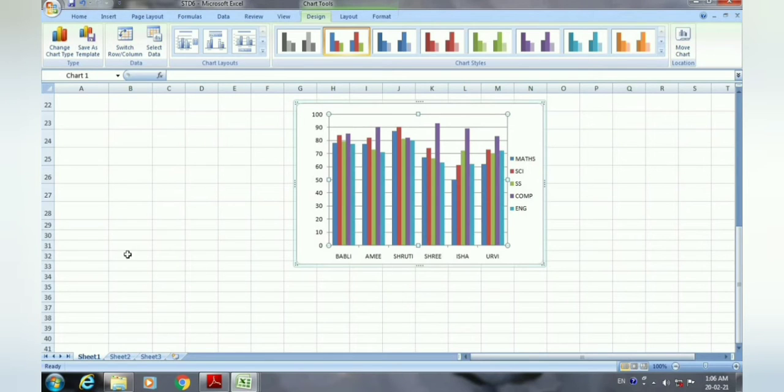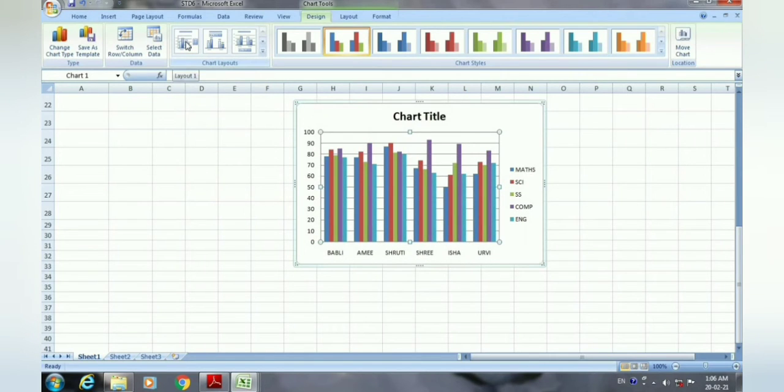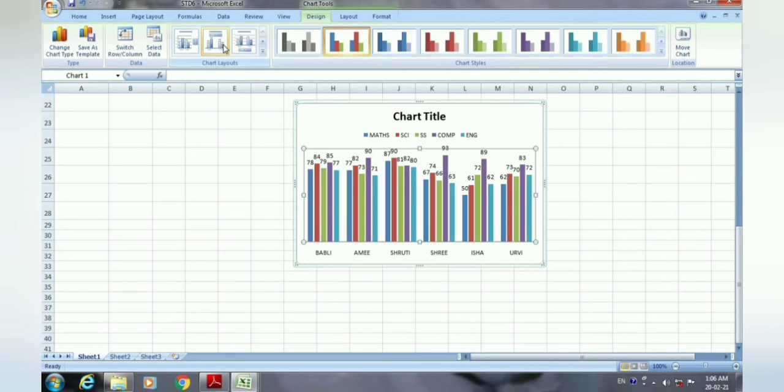Then after that the next is chart layout. So here you can see that more than 10 chart layouts are available. So by default you can see here the x-axis, here the y-axis with the students' names. This is the colorful representation of our marks. And here on the right hand side you can see the legends. So now this is the default, the first type you can select. Then this is the second type. You can see here the legends position is changed. The marks are also visible along with your colorful representation.